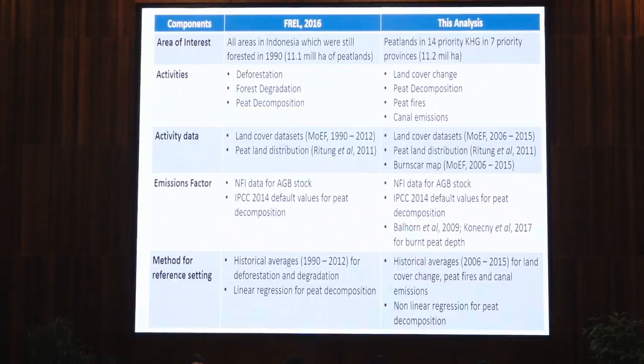And for activity data, we mostly use the best available data, which is also official data, like from the Ministry of Forestry for land cover change and peatland distribution from Ritung et al. And additional data we use is for burn scar mapping. We also get this data from the Ministry of Forestry. And the emission factors, we mostly use the IPCC. You know that a lot of studies have been done in Indonesia, including from